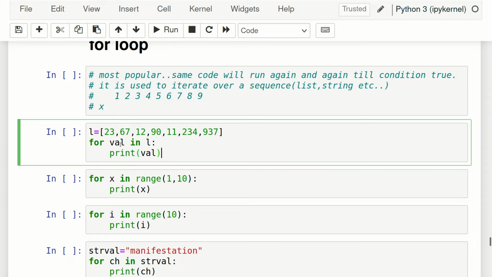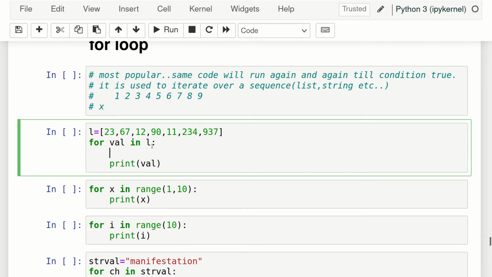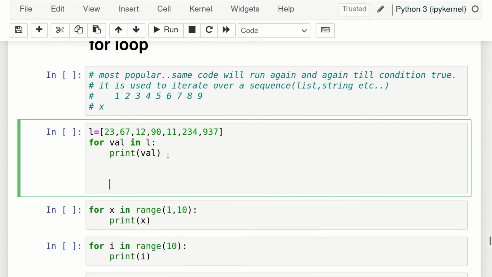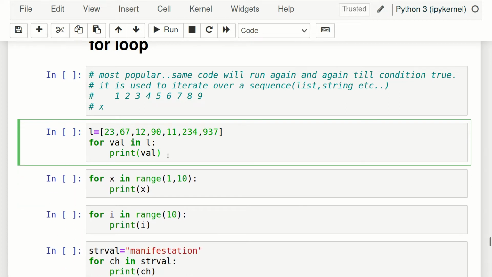We just write for, then something, then a colon, just like in if, then indentation, and then you can write any line of code here. That's all about the for loop.